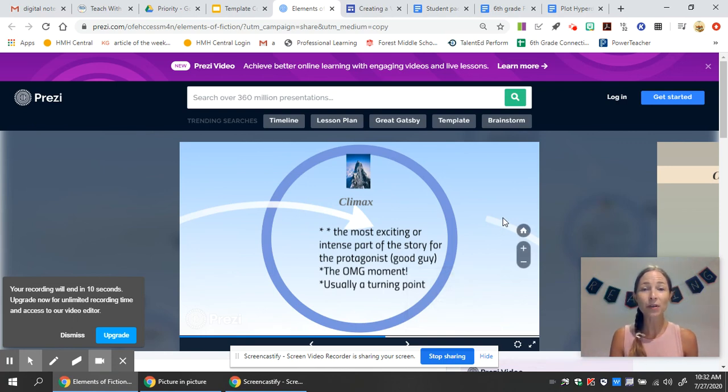So just like when you climb a mountain, when you get to the top, you're so pumped, you're excited that you're at the top of the mountain. You can enjoy the view. Same thing in a story. The climax usually is the